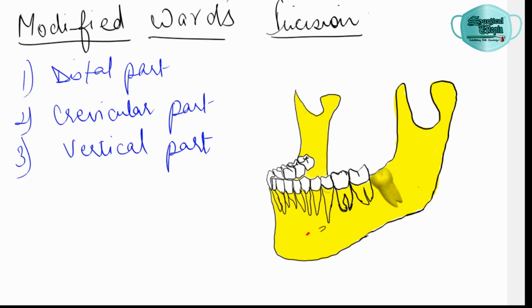So for a modified Ward's incision, the vertical part will begin at the distobuccal corner of the first molar, whereas in the Ward's incision, the vertical part was corresponding to the distobuccal part of the second molar over here, but in this, it will correspond to the distobuccal part of the first molar. So the incision will begin from the distobuccal part of the first molar and move in a downward and a forward direction until it meets the groove of the tooth anteriorly.